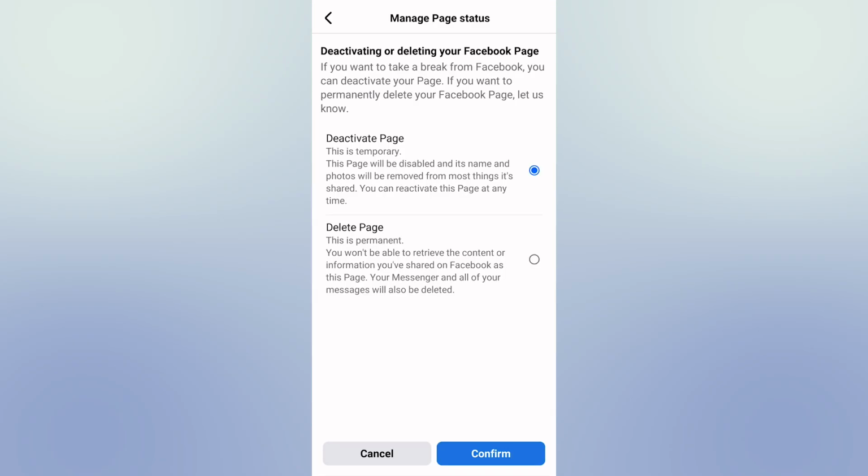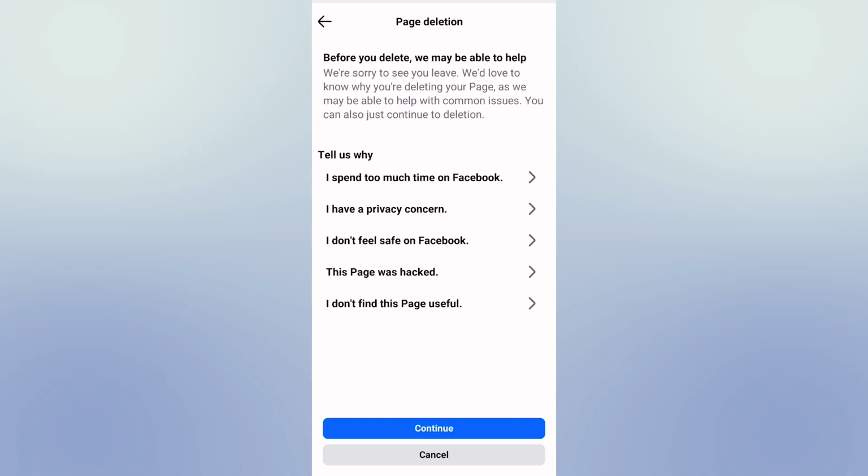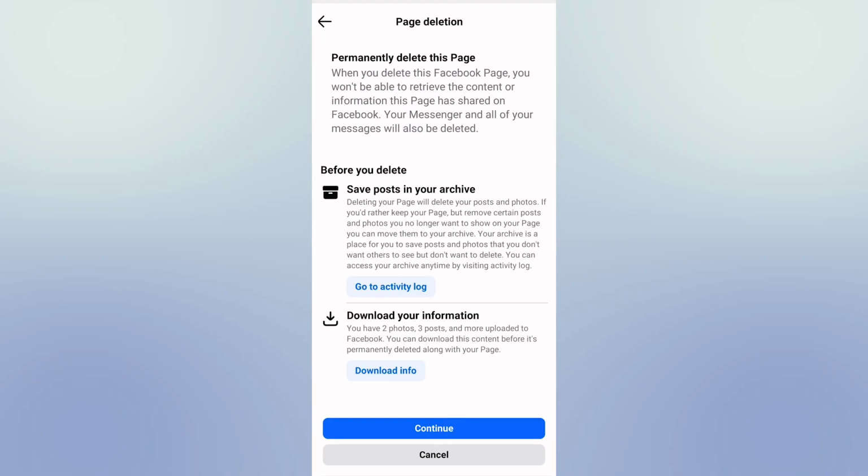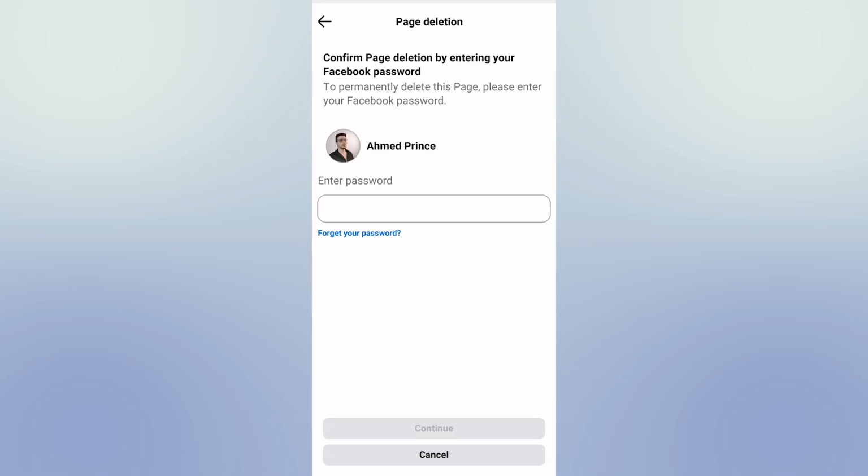As you can see here we have two options. Select the second option, which is delete page, then hit confirm, then continue again, then enter your password, then hit continue,